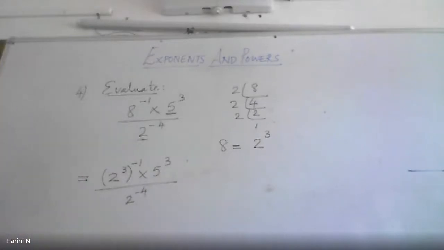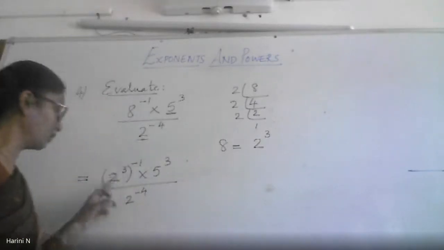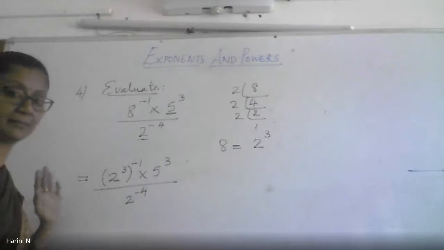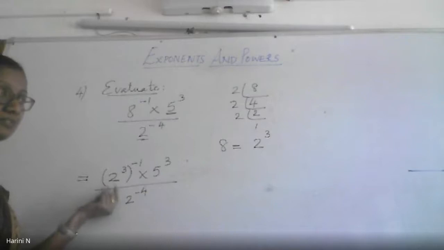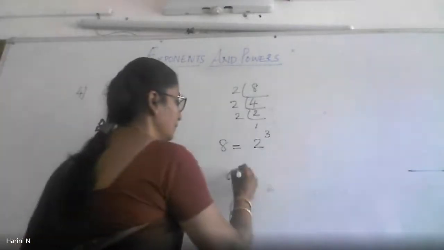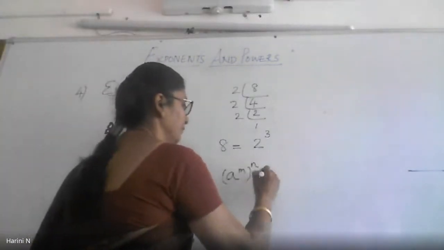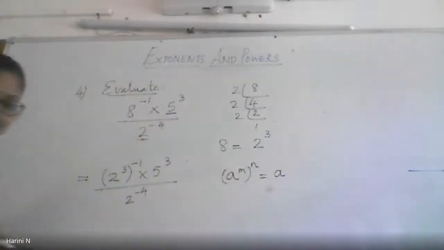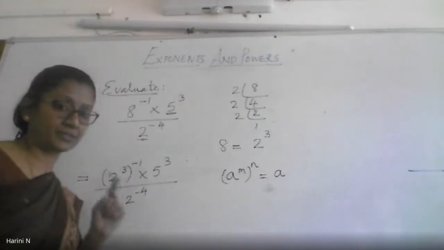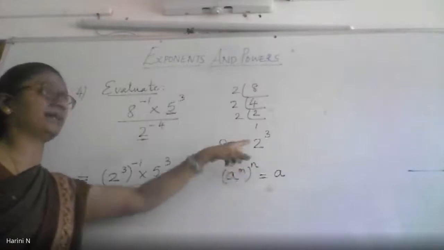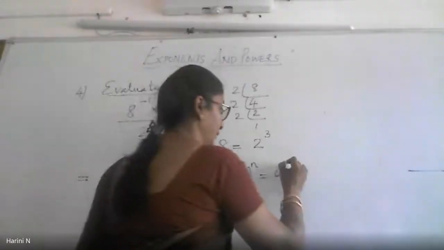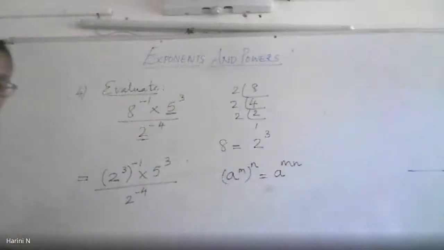Now you have to start using your laws of exponents, because all the 3 bases are now prime numbers. So here you are seeing one of the laws. Which law is it? Power of powers. A to the power m to the power n will be written as what? Please look at your laws. I have given you 6 to 7 laws. Power of powers: a to the power m raised to the power n will be written as a to the power mn. You have to multiply both the powers. So here also you have to multiply both the powers.